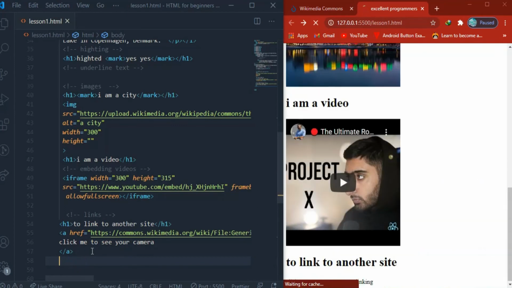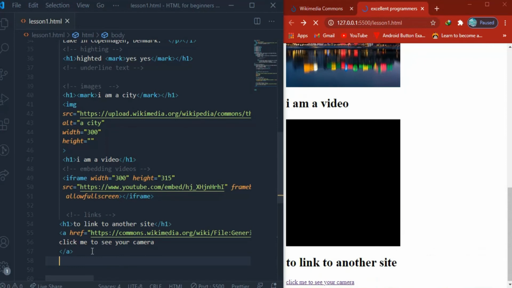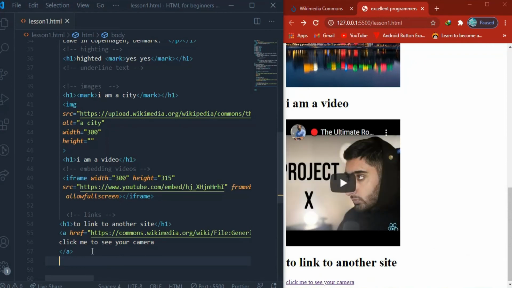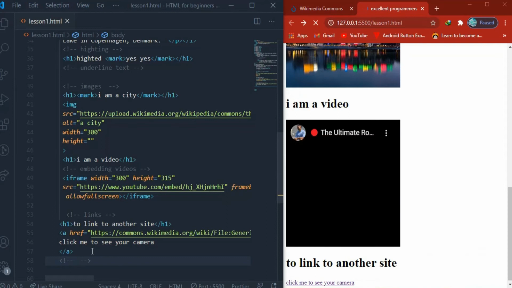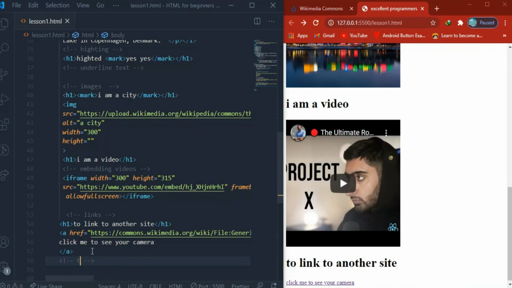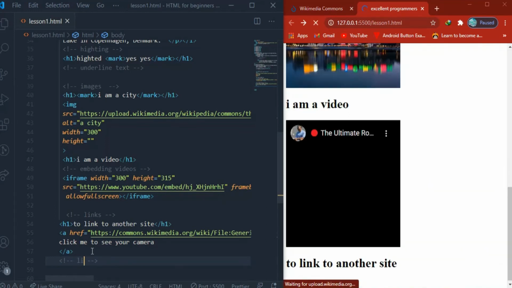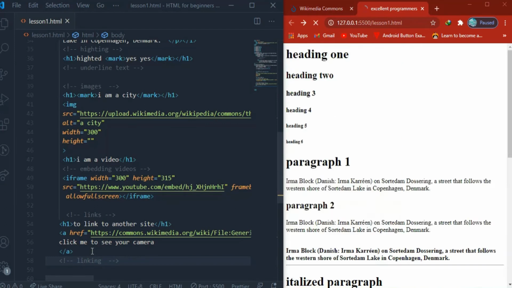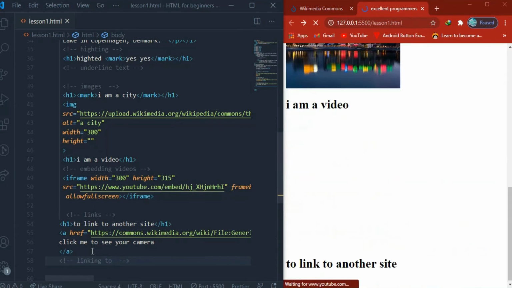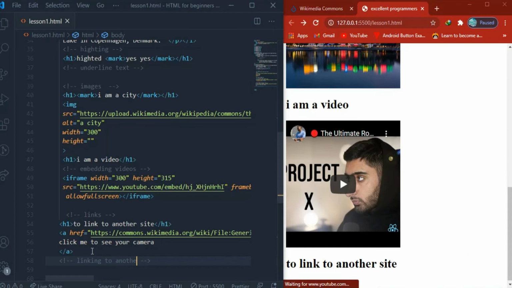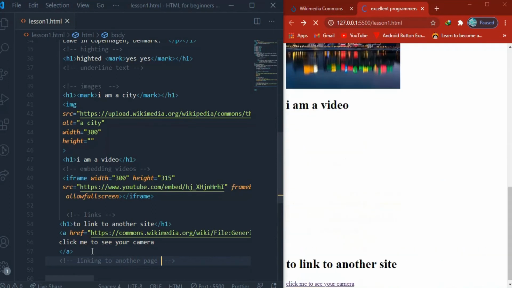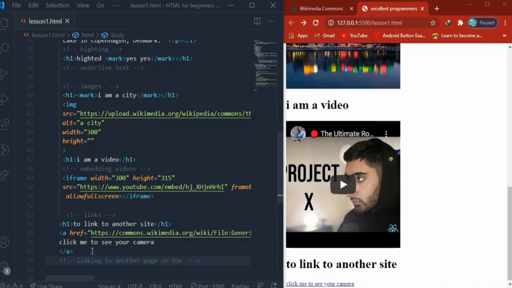Now let's say we want to link to a certain page, to another page on the same site. So how do we do that? On the same site,